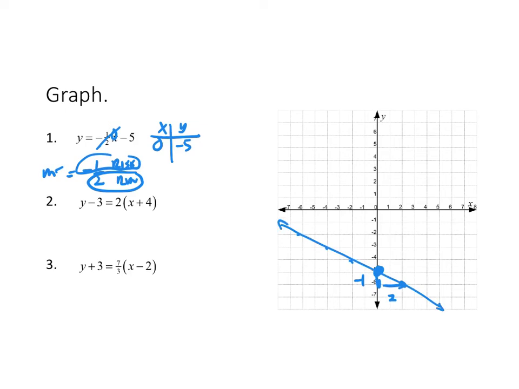Next one, I can make a table of values. The easiest number to plug in is to get this to go away. That means I can plug in -4. So y must be 3. I add 3 to both sides. And let me show you a second way to do it. The second way to do this is just recognize